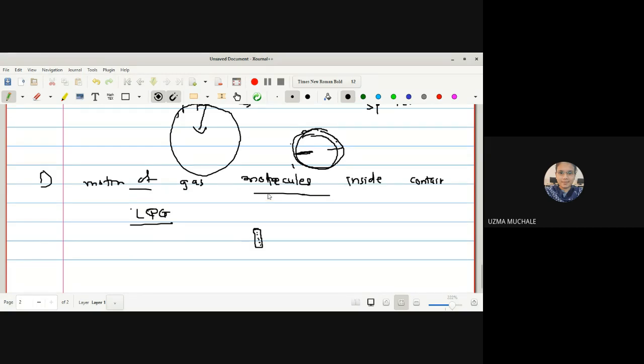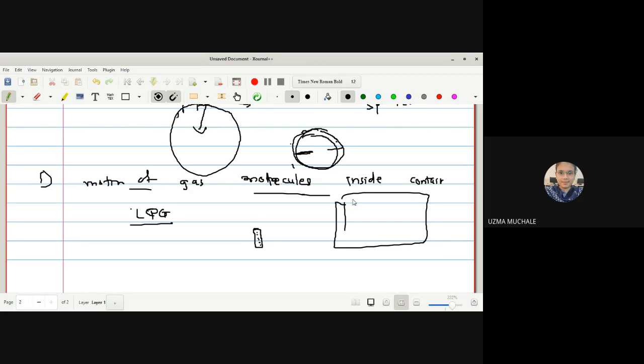So for the motion of a gas molecule inside the container, we can consider that container to be a cylinder itself, or suppose one room is completely locked, the door is closed as well as the window. We can have some particles inside the room; you can consider those particles to be air molecules. So what is the restriction on those air molecules inside your locked room? They can move in that particular area only. They cannot come outside. Correct?